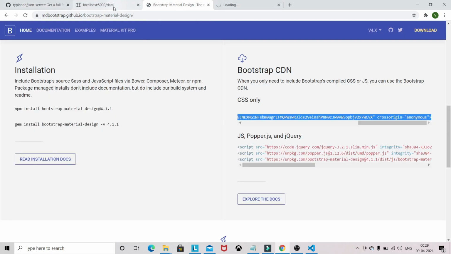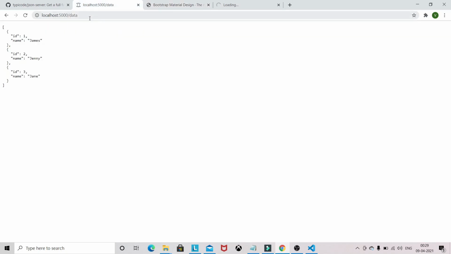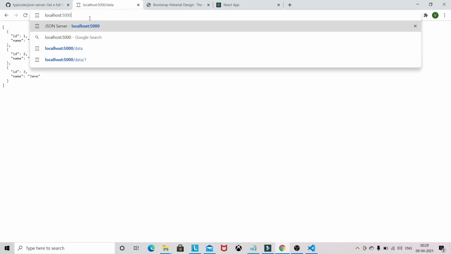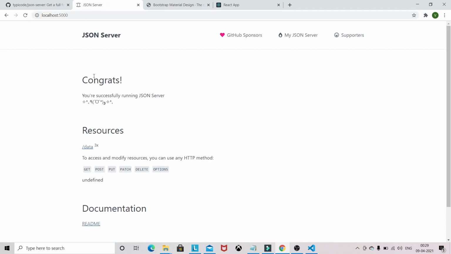Meanwhile, you can also go to that localhost 5000. You will get an access message saying you're successfully running JSON server.